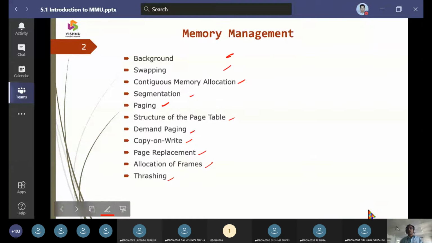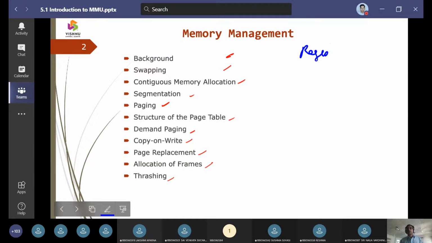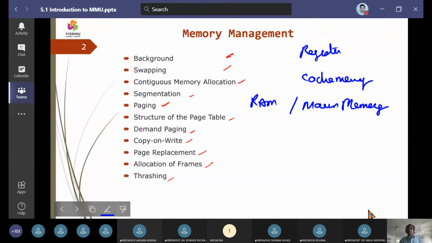That means the first and foremost thing will be the small scalable items, which we are going to call registers. After registers, we have cache memory, and after cache memory we have the main memory, which we call random access memory, or primary memory.